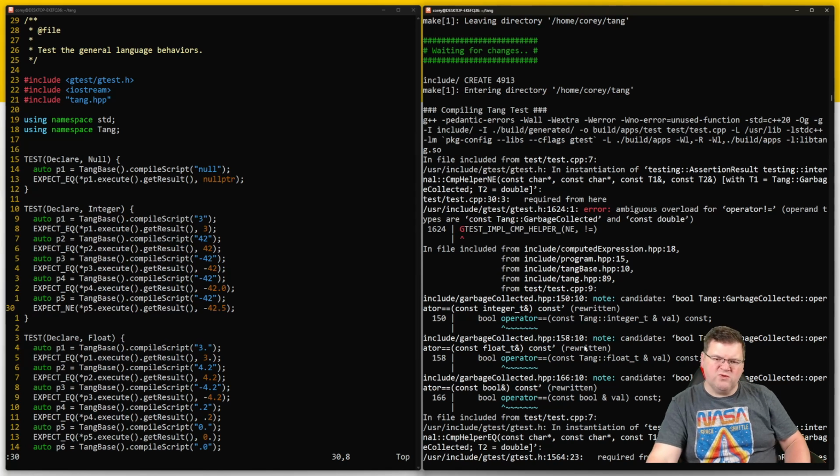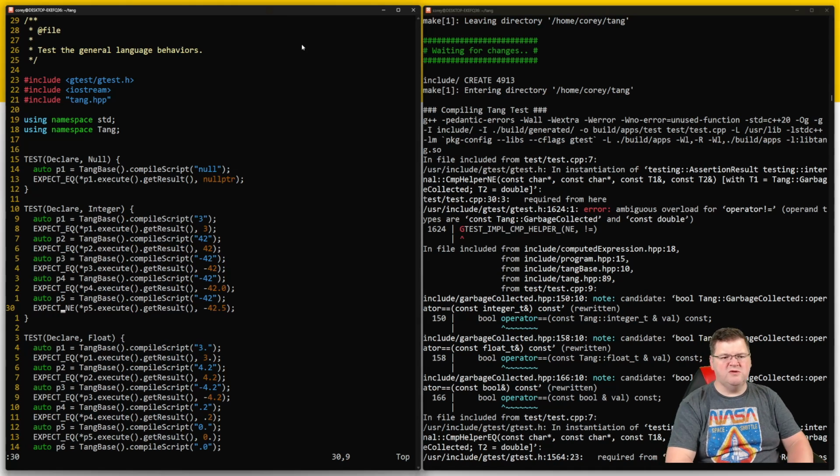It doesn't know which one to choose. It's the not equals, and it says it's from line 30. So it's this negative 42.5. And I'm wondering if I say this is a float t,